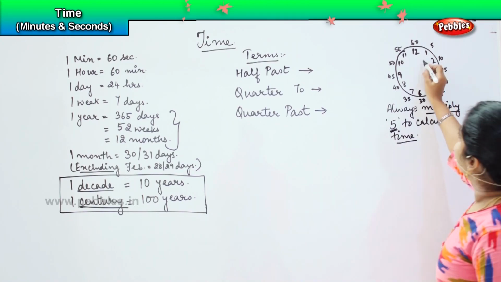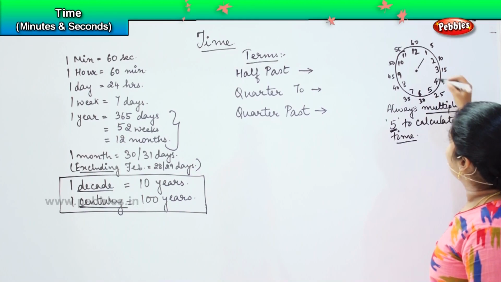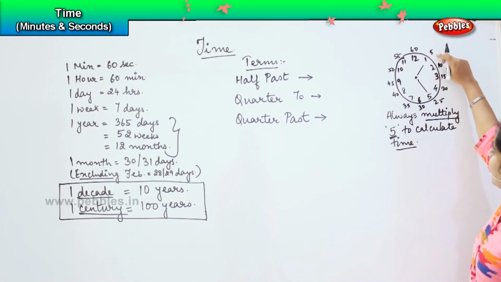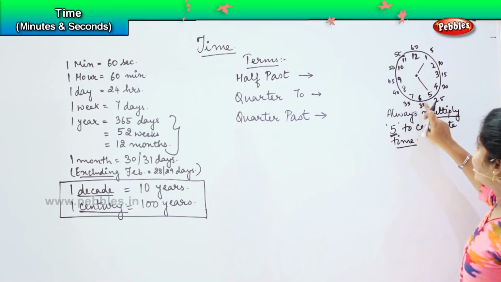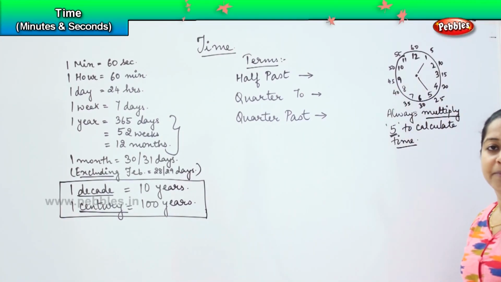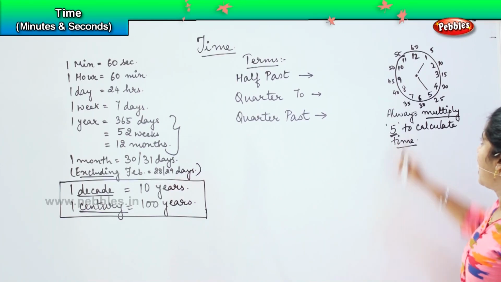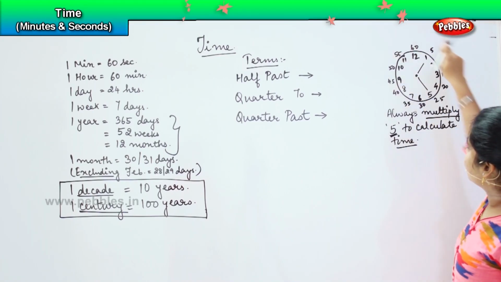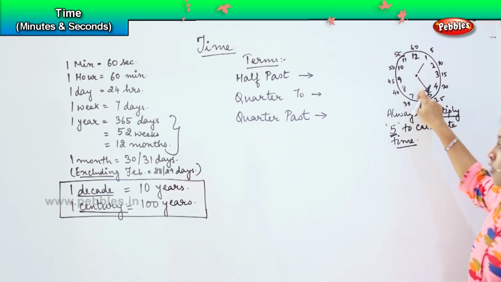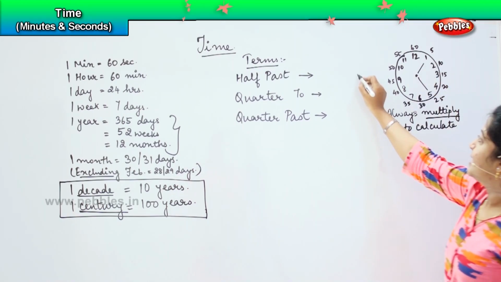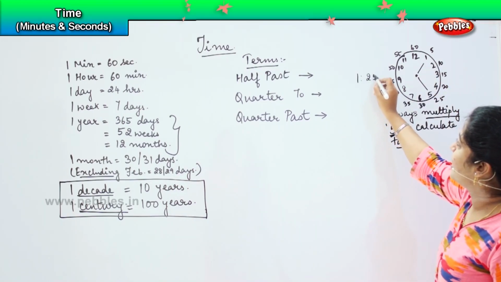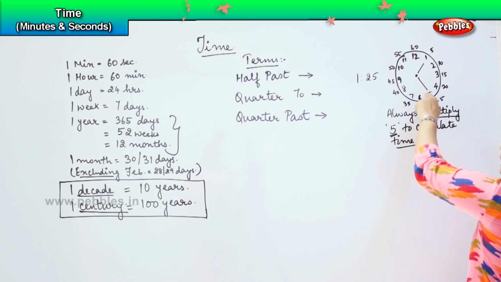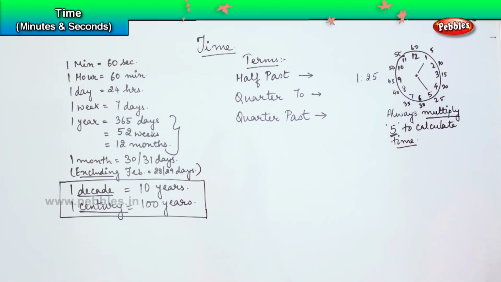Say for example, if my small needle is on 1 and my big needle is on 5. So how will you say the time, children? We know that 1 means it is 5, right? So this needle we will follow only for our minutes, not for our hour. Okay? Our hour needle will say the exact value where the needle is seen. You will do this external calculation only for your minute needle. So when this time comes in, we say this can be said as 1:25 because my hour needle is on 1 whereas my minute needle is on 5, which is nothing but 25,